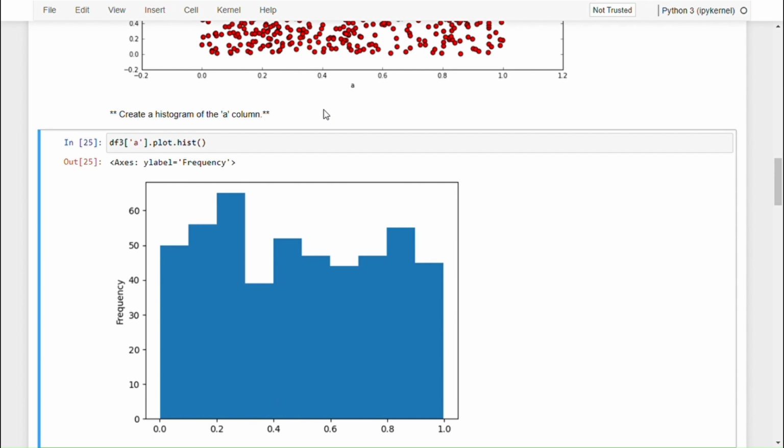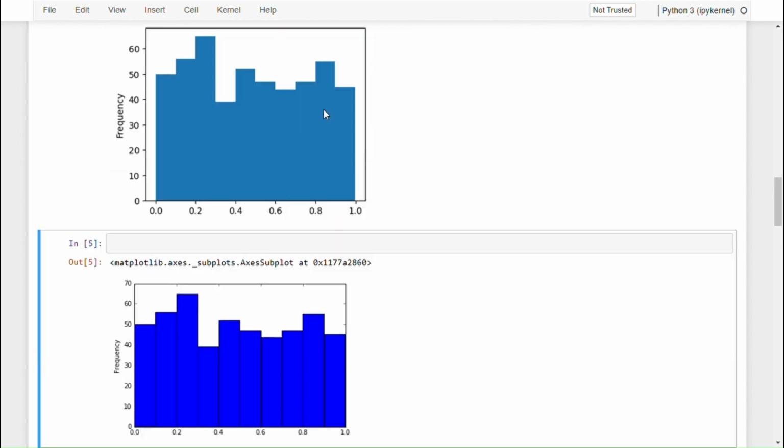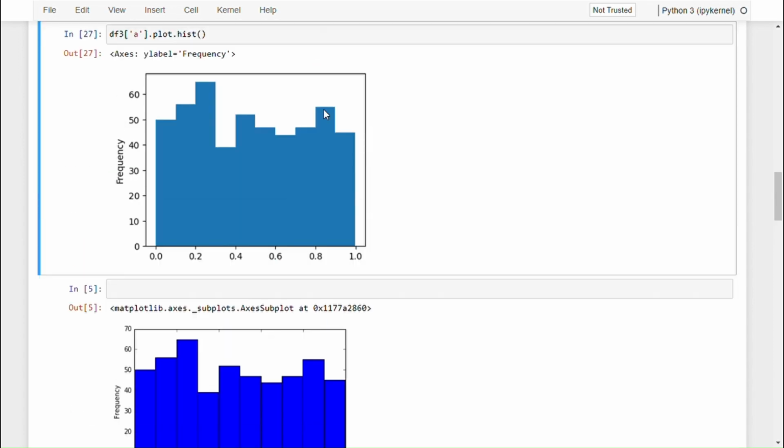Then run this plot once again and see the change in the size. So now it looks somewhat similar,